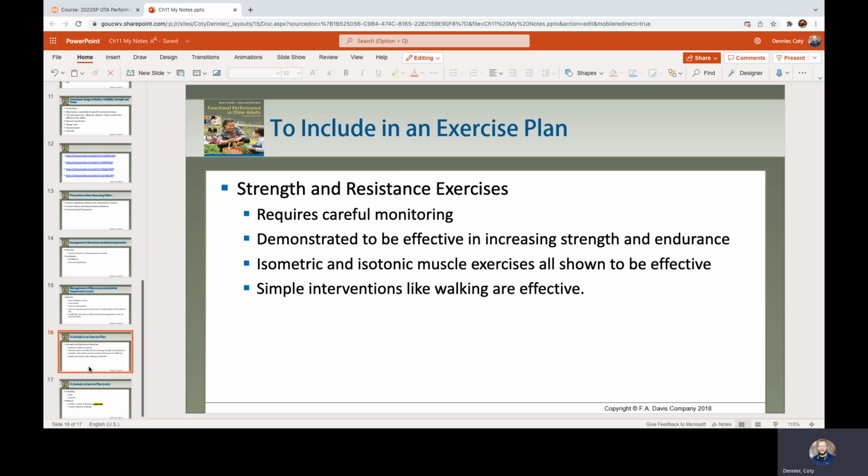Isometric and isotonic exercises are also effective. What are isometric exercises again? No movement. What's isotonic? Movement. The opposite. Very good. And then again, always